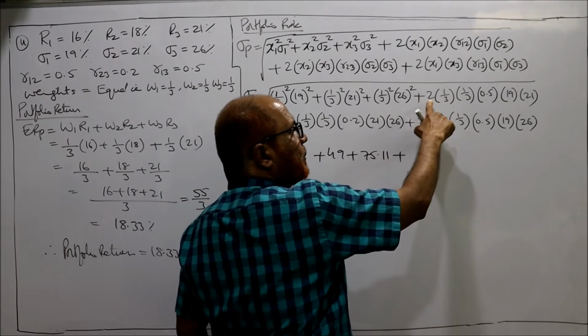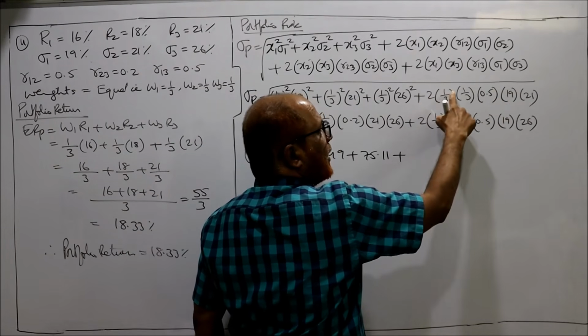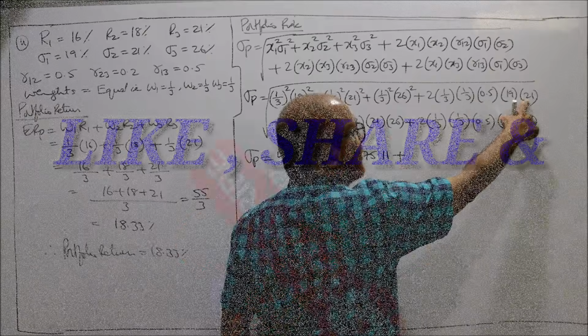अब यहां पर क्या करेंगे, मल्टीप्लाई ऑल द न्यूमरेटर्स. 2 into 1 into 1 into 0.5 into 19 into 21. न्यूमरेटर पूरे